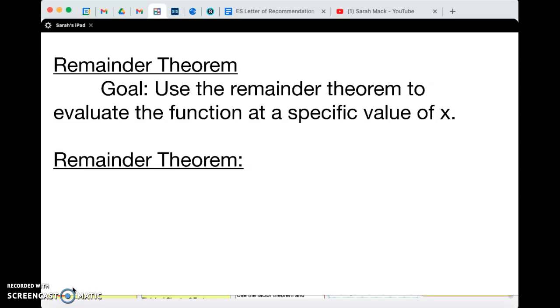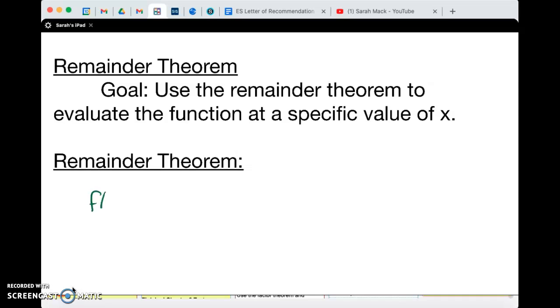Remember when we were dividing polynomials, we could write polynomials like this. F of x equals the x minus k times q of x plus r. We wrote it in factored form, and then I had that extra remainder piece to it. So the remainder theorem basically says, if you know,